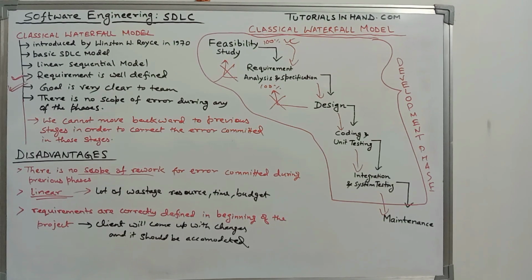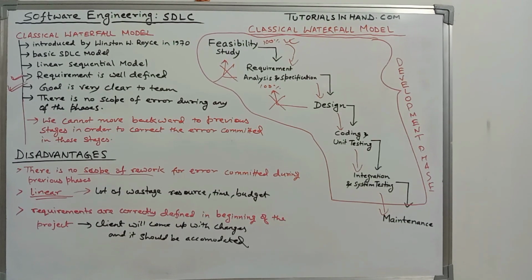So this is where this model fails and is not suitable for dynamic projects, where the demands and the requirements are changing frequently, right? So these are the major disadvantages of the classical waterfall model. So we have studied the classical waterfall model, each and every stage of it, and its advantages and disadvantages. Now I hope that if this question comes in any exam, you will be able to write about the classical waterfall model in a very solid way, and you will get good marks.